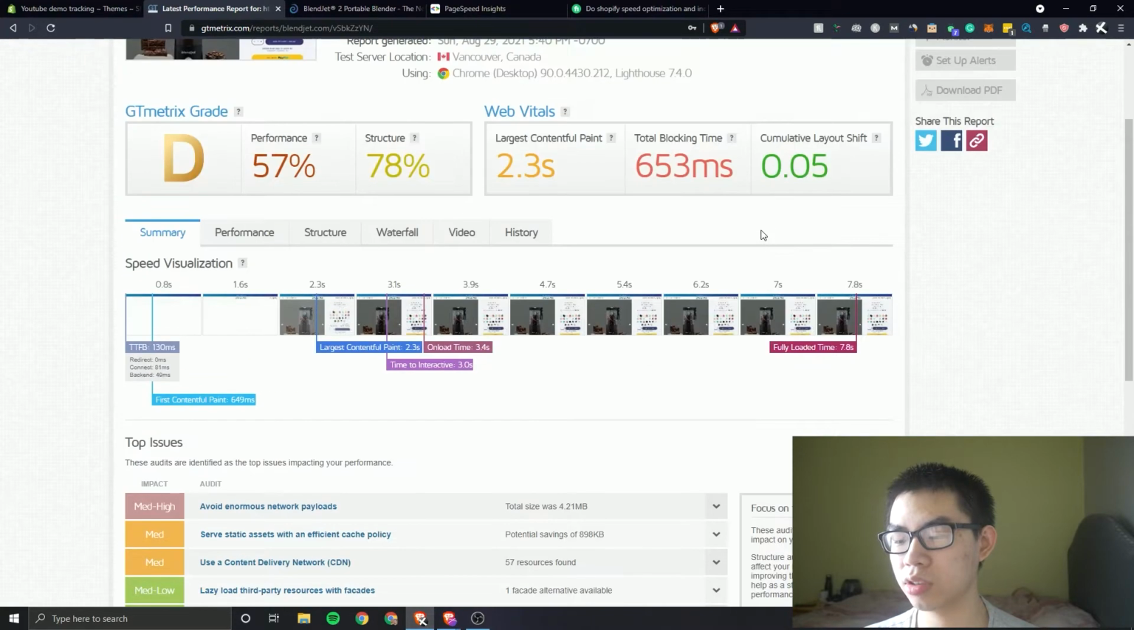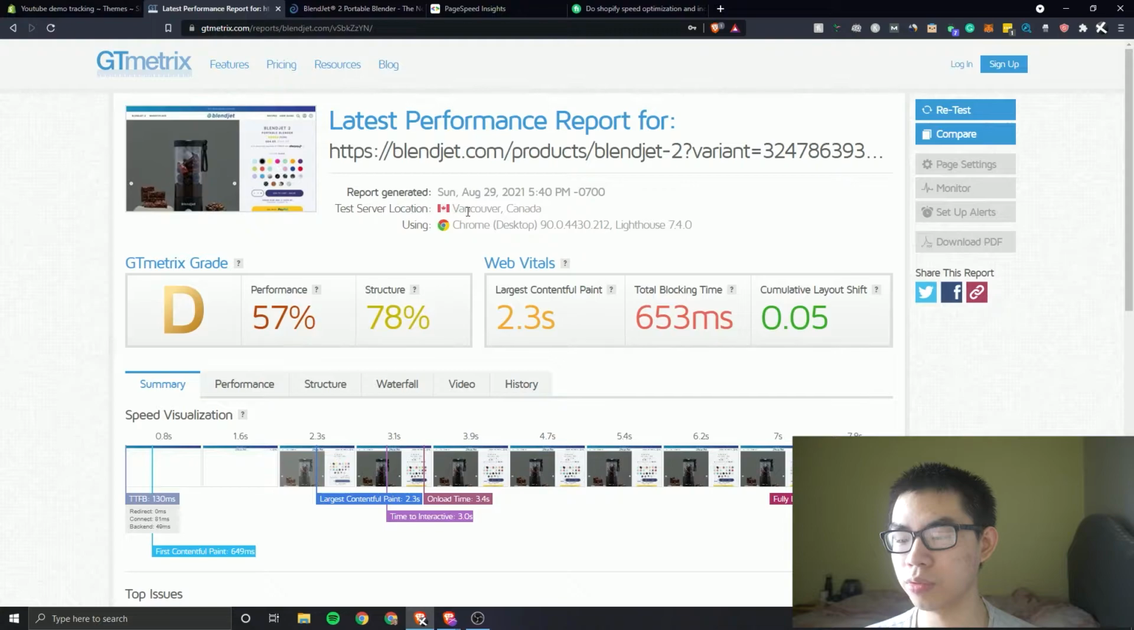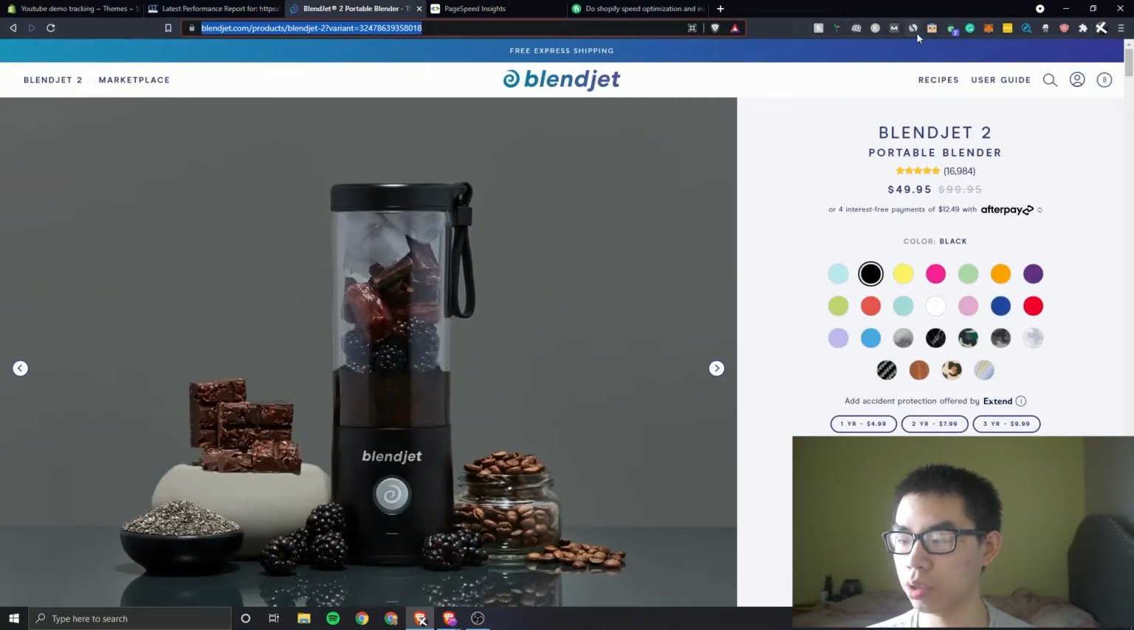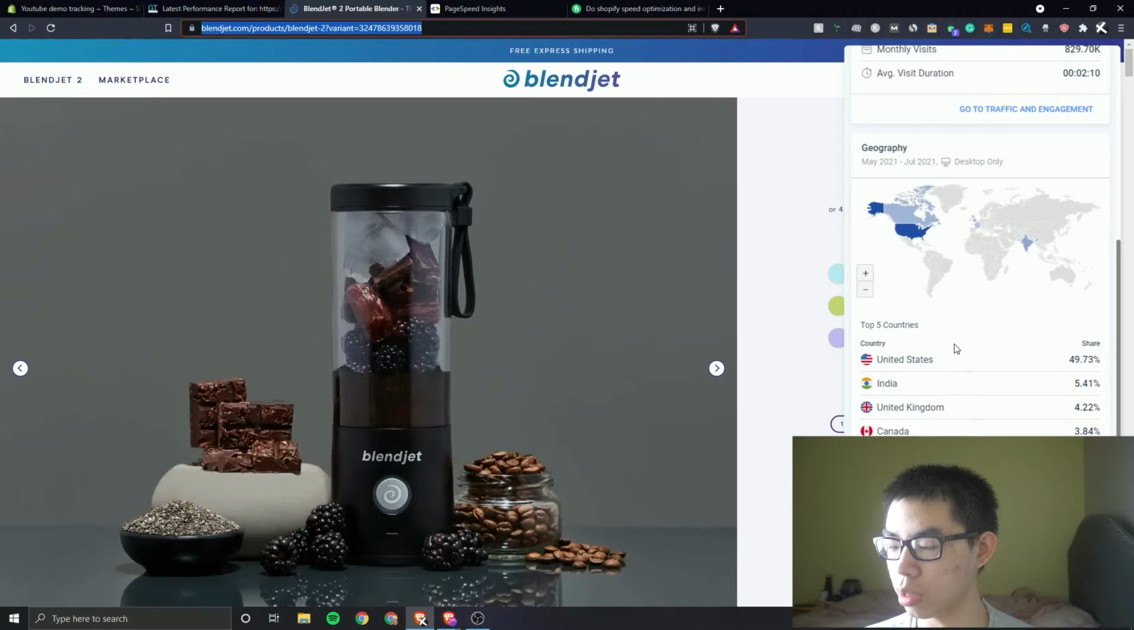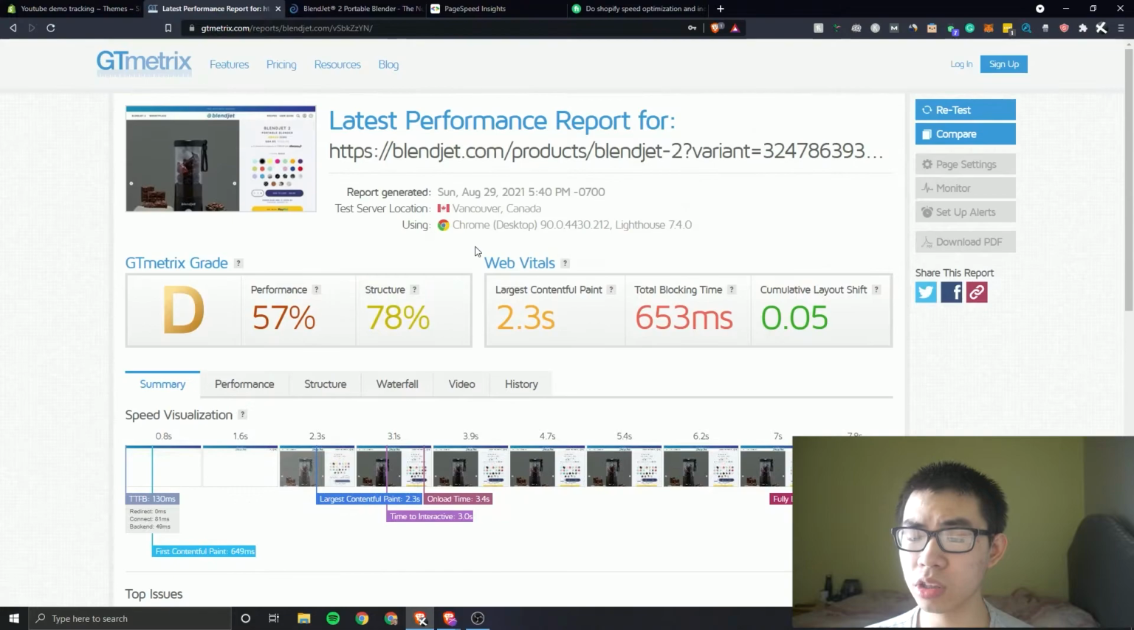Now, this could be because we're using Vancouver, Canada as the location, and maybe they're only targeting the US, but we can actually check right here with SimilarWeb, and you can see that most of their traffic is coming from the United States anyways. Like 3% of them is coming from Canada. So I'm probably thinking that their page speed is only slow in other regions, and they only have a CDN